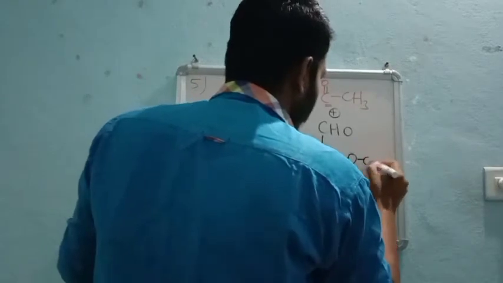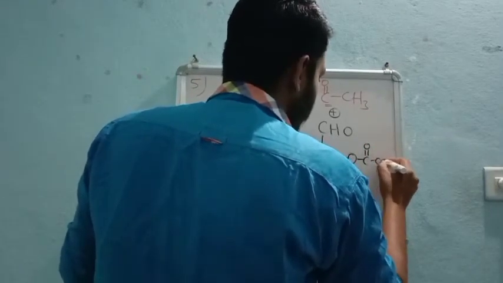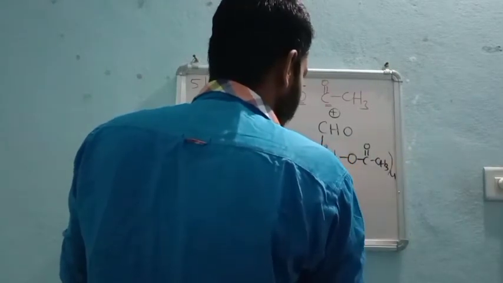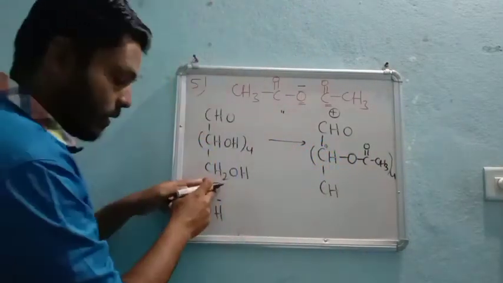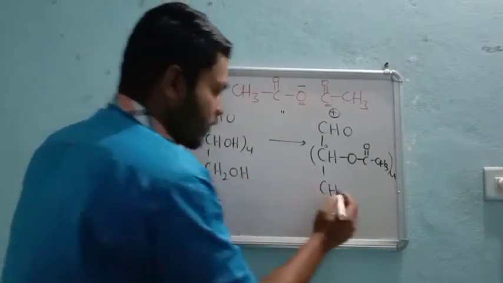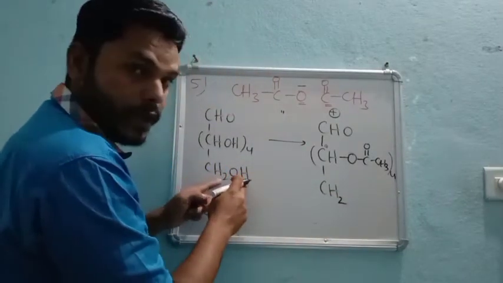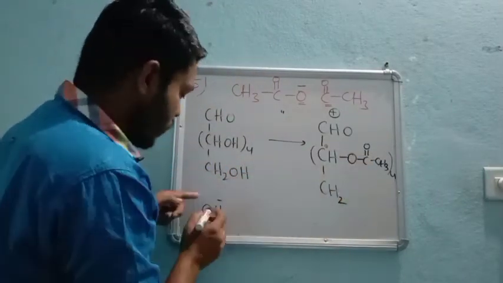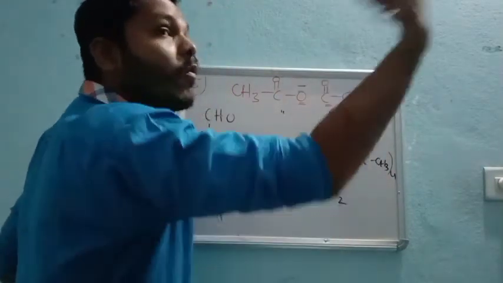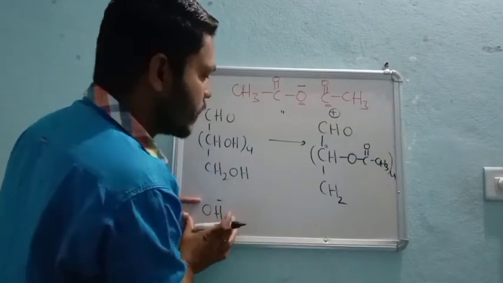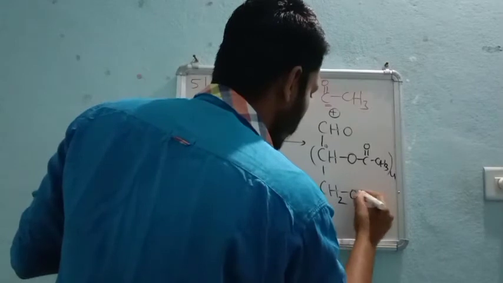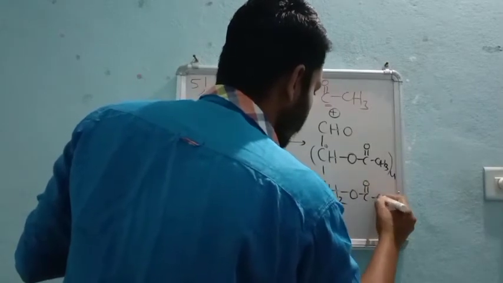So C double bond O CH3. How many are there? Four, like this. CH2, there is an OH here. Again the same process takes place. These OH will go and react with this CH3COOH. They will form, right? So this is the condition. Now again the same part will come. See, O C double bond O CH3.